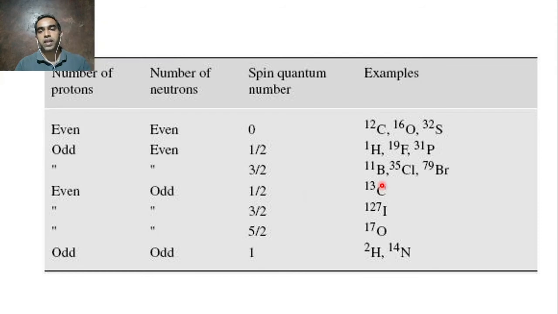So remember one or two examples, because it is easy to remember. For fluorine 19F, hydrogen and 31P, it is half. For 11B, 35Cl and 79Br, you can remember they are 3 by 2. And for 13C, it is 1 by 2. For 2H, this is 1. This is an easy way of remembering some of the values, and of knowing whether it is a half integer or a full integer, and whether certain nuclei are NMR active or not. And these are experimentally determined values.